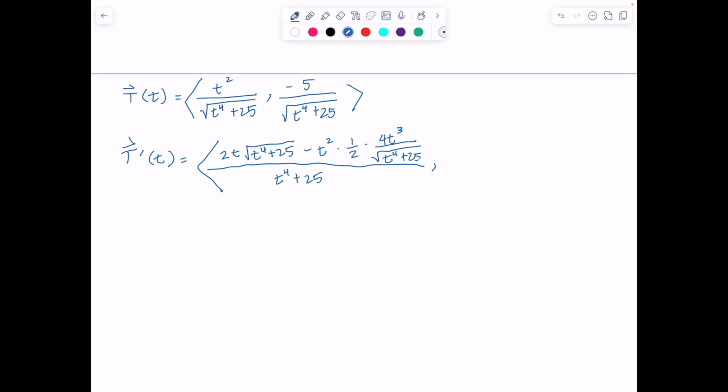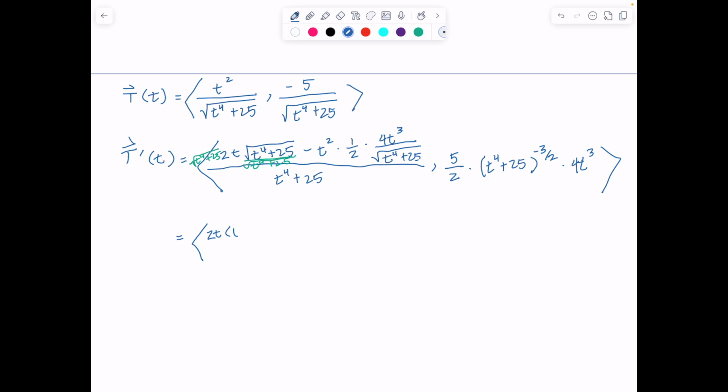So negative 5 times negative 1/2 is positive 5/2 times t to the fourth plus 25 to the negative 3/2 times 4t cubed, using the chain rule. And now simplifying, finding a common denominator for the numerator, we're going to have root t to the fourth plus 25. So we need to compensate by multiplying in the numerator by root t to the fourth plus 25. So that will give us